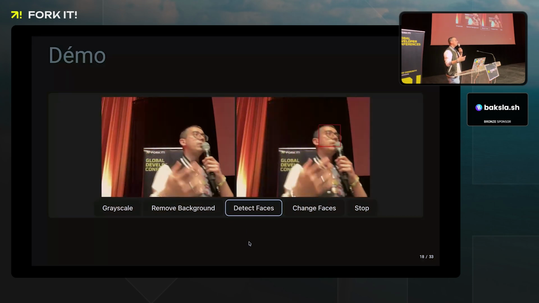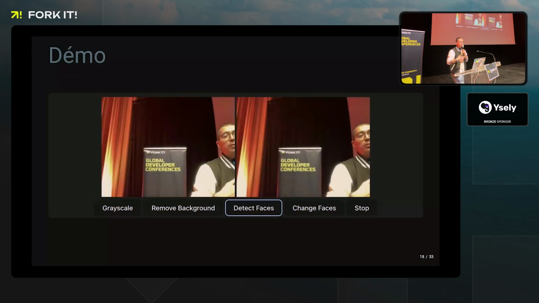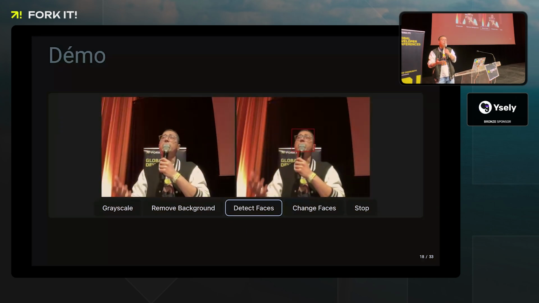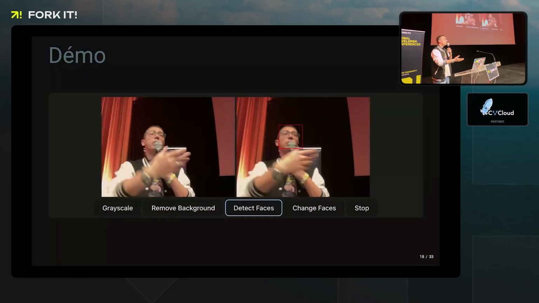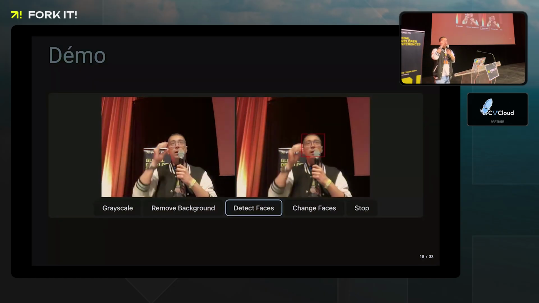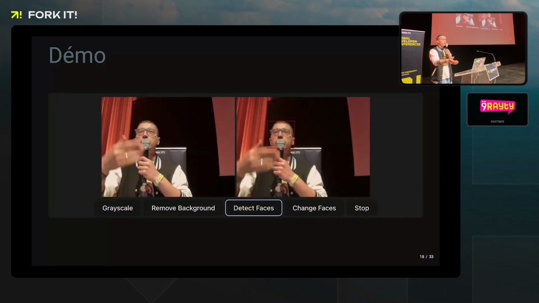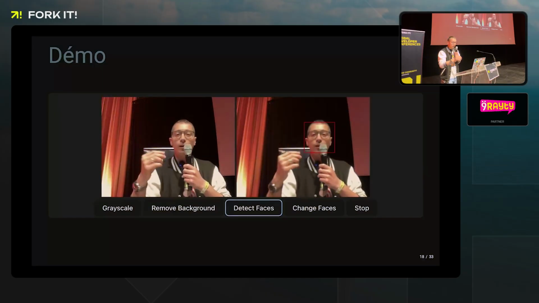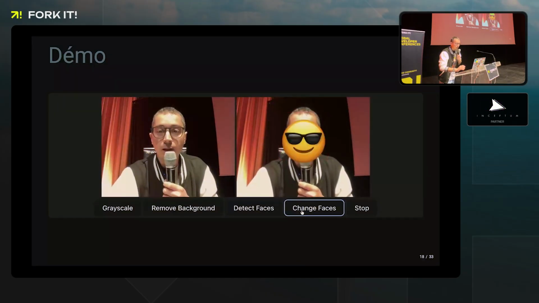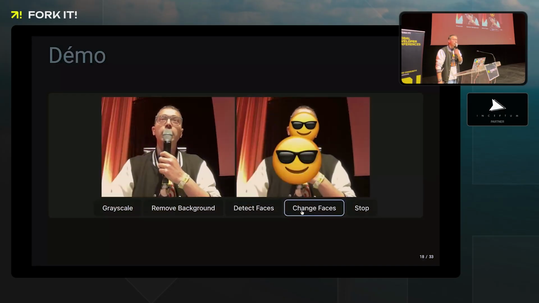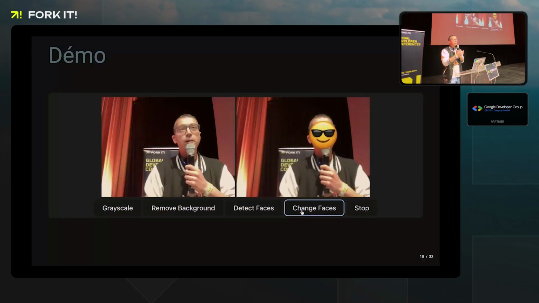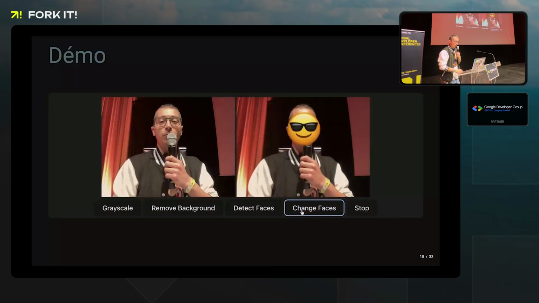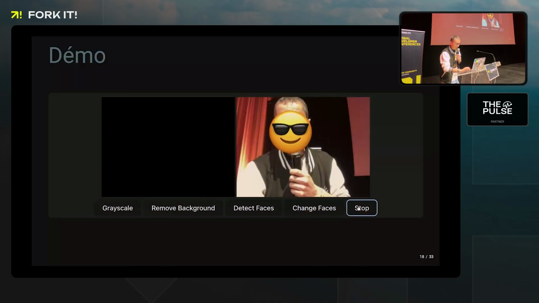And imagine a use case where you have a shopping mall or a shop to sell clothes and accessories, and you want the user to try things directly in the shop without having to change. So you can do things like that, like trying sunglasses. I didn't find the sunglasses, so I use the emoji like this. You can replace it with a hat or whatever you want. So let's stop to not